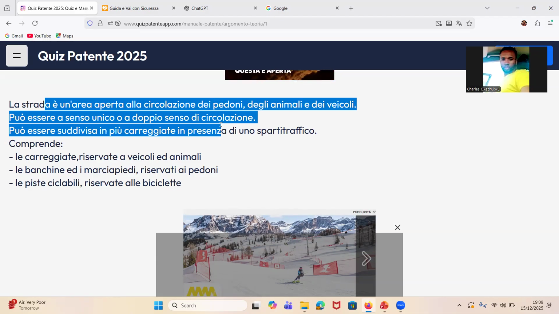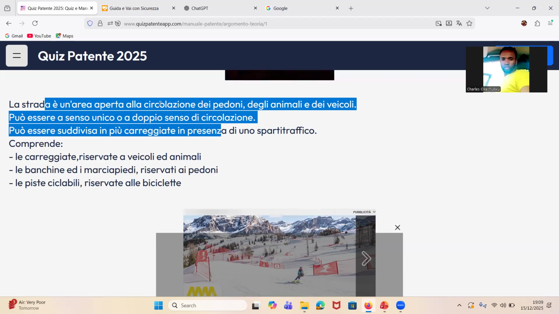Now, what does it mean in our language? They said a road is an area open for movement, because the word circolazione does not mean circular form. It means movement. Another name for circolazione, please write it down, everybody. Another name for circolazione is called what? Transito. Write it down. It's called transito. Another name for circolazione is also called